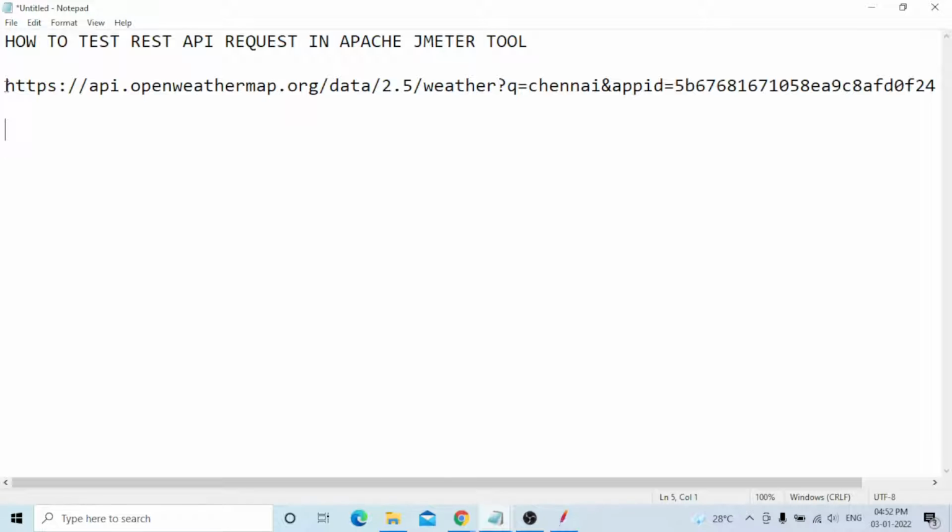Until org, this is the API host, meaning the address of the application. Then, until the backslash, 2.5 weather, this is the path. q equals Chennai is the city location name, and this one is the appid. The appid is very important; without the appid, meaning the API key, nothing works. Everything is provided.